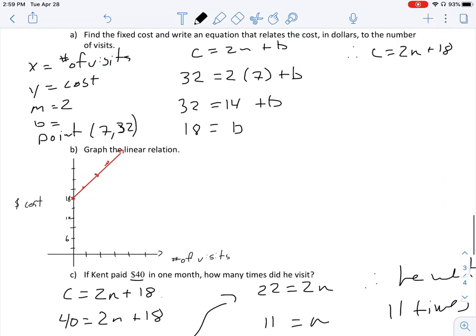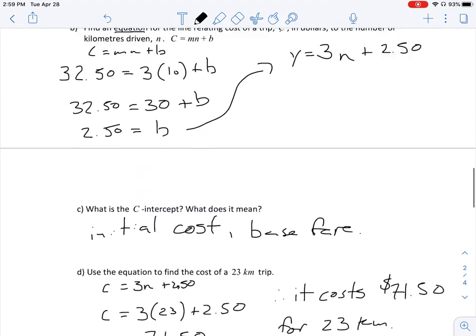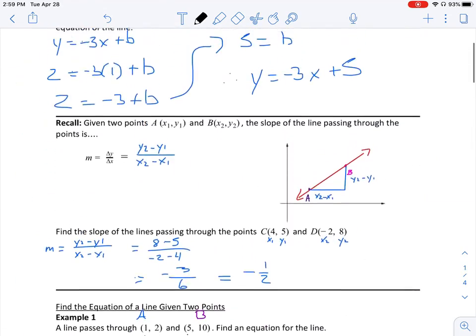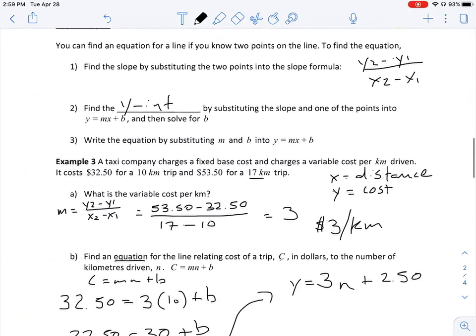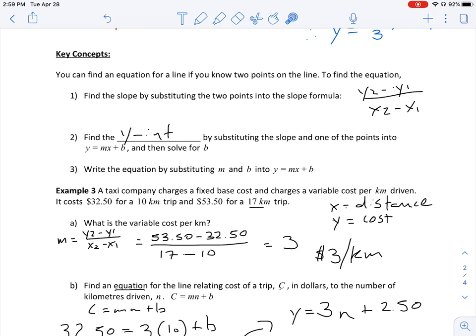So hopefully you can see how this builds on from our last lesson, which was slope and point. The only difference is, if I go back to these 3 points, I actually do a pretty good job of these key concepts here. The only thing that we really need to do is we're adding the step of having to find the slope. So this is the new step, right? Last lesson, it was here's a point and a slope, solve for b, and then write the equation. Now, you'll be given 2 points. We need to find the slope, then use that slope and find the y-intercept. And then once you've found both of those, write the equation by substituting m and b into our slope-intercept form of